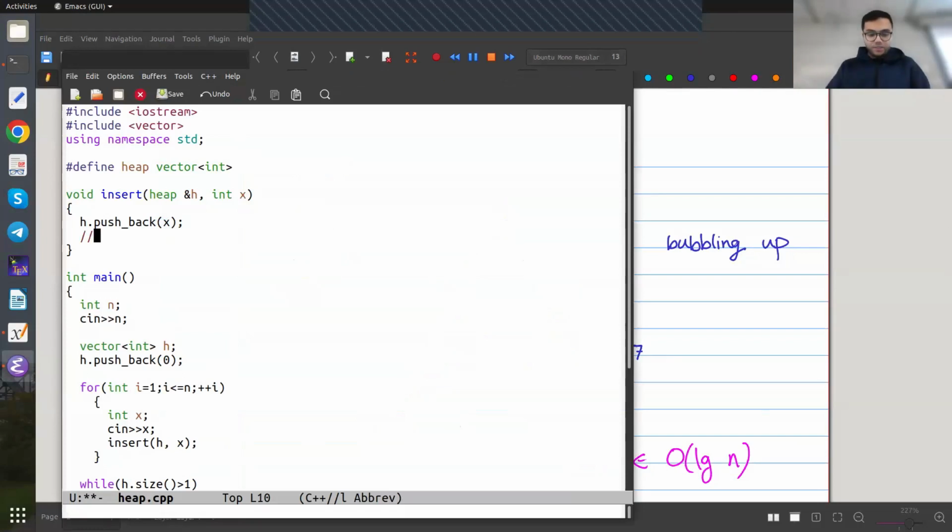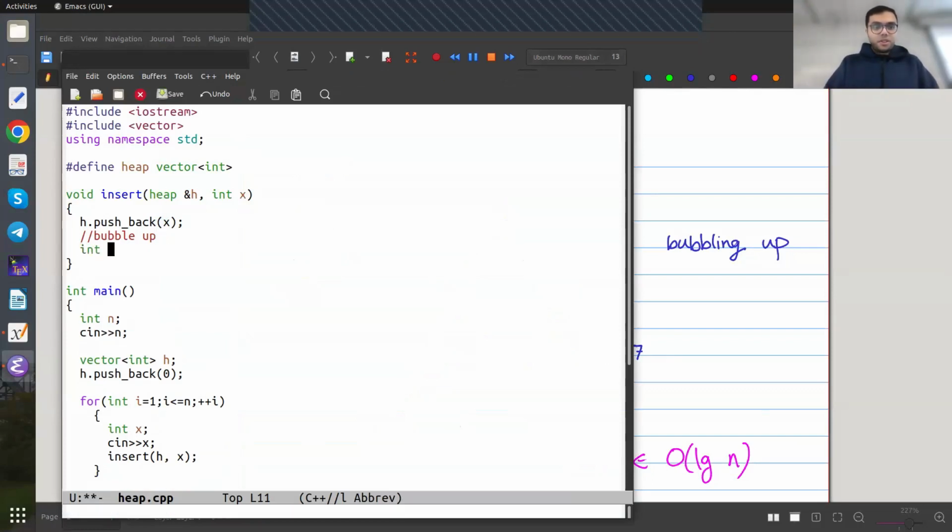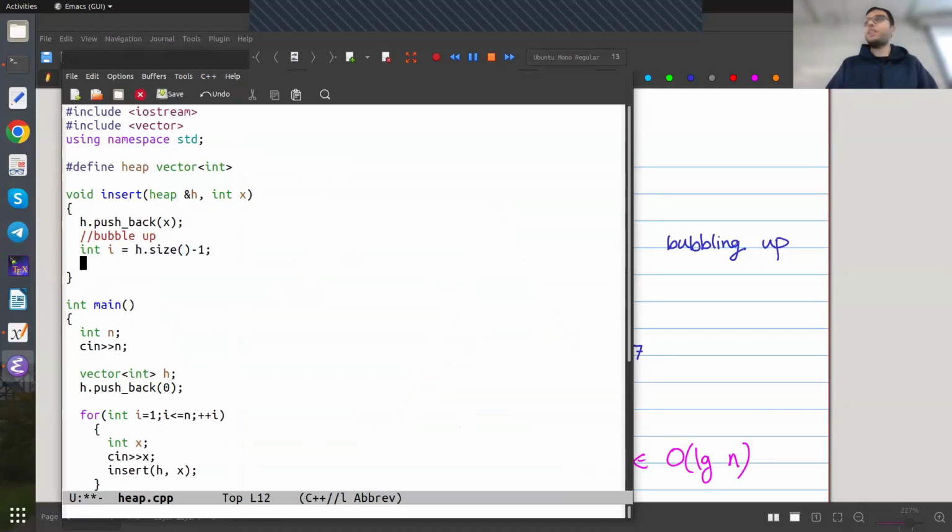And then I have to do this bubble up thing, right? I have to take x and I have to compare it with its parent and keep doing that. Okay, so what is the index that x is put into? It's basically h.size minus 1, right? So I have something at index i, which was added recently, and I want to take it and compare it with its parent. So I just do a while, and I say as long as, well, for how long would I move this thing up? I would move it up as long as it's not already the root,